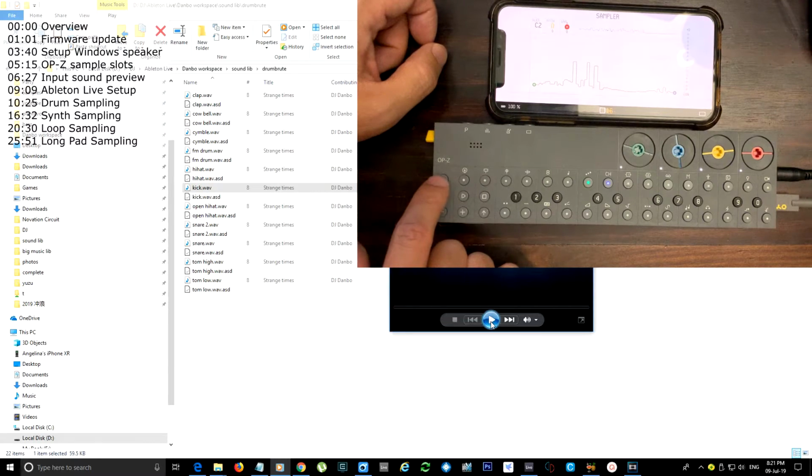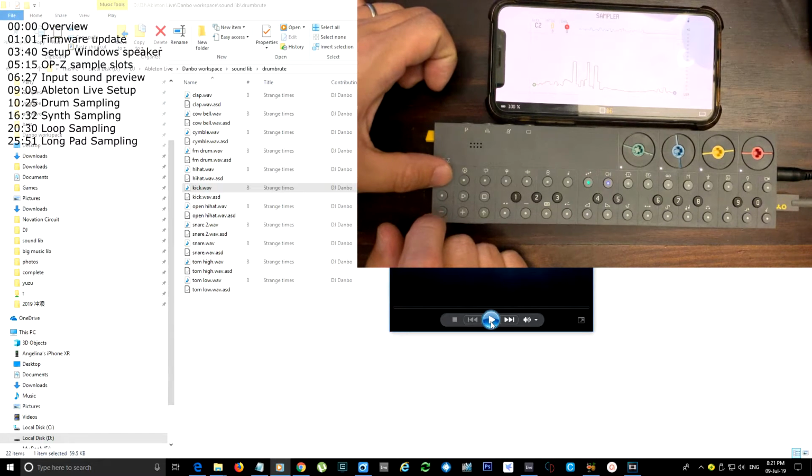There's a handy option. When you then hit this I button, it will actually show a tone, indicating the